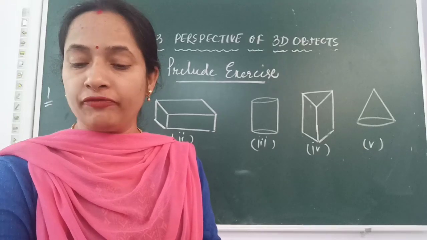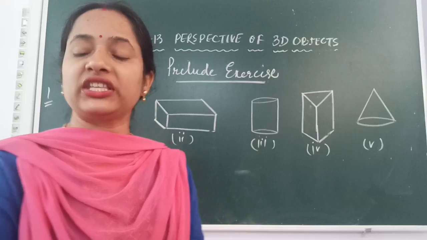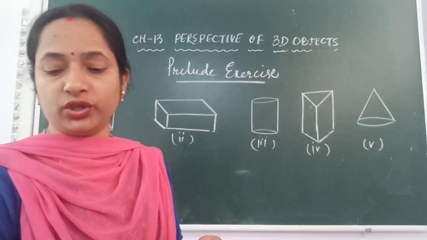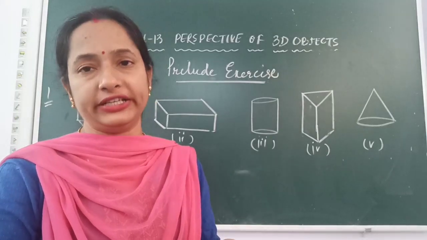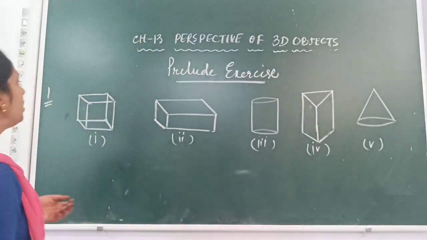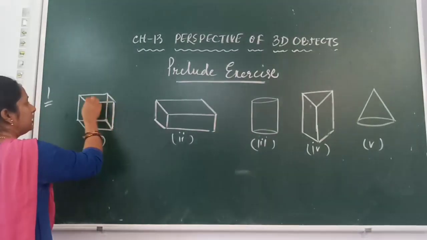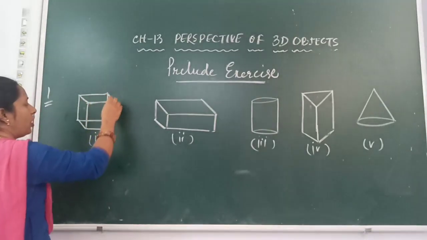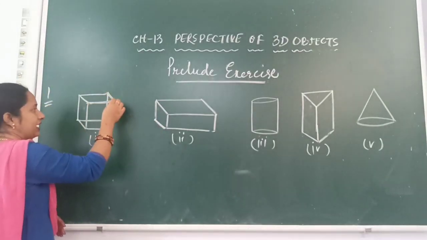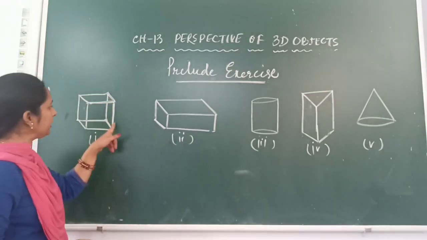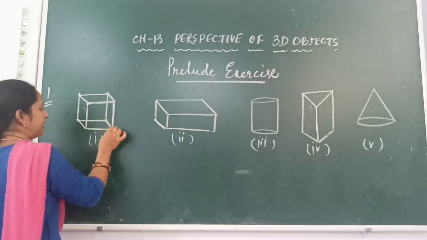Question number 1, part B: which 2 3D shapes have the same number of faces, edges and vertices, and which shape has the number of vertices equal to the number of edges. See, a vertex is the point where you find the edges meet. The sharp edge that is formed where 2 faces meet is called an edge, whereas the point at which all the edges meet is called a corner of a 3D shape.